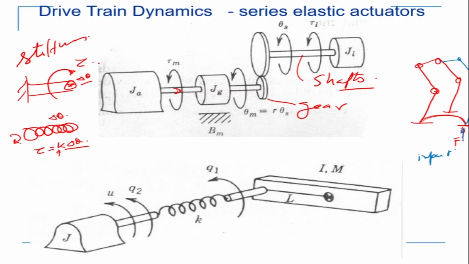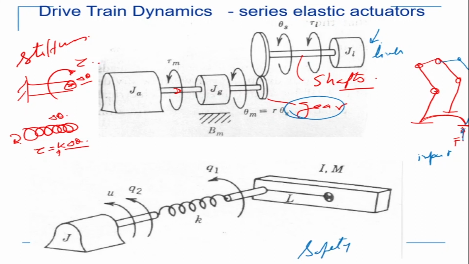Now if there is impact, the impact will get transmitted backwards into the joint. The impact which is coming on this side, the link side, will get transmitted onto the gear, and the gears will have impact, and that can damage the gear or there will be a shock on the system. Okay, which is not good. Now that is one aspect of it. The second aspect of it is when we talk about safety.